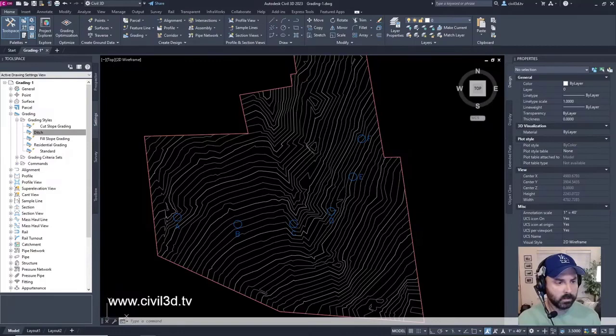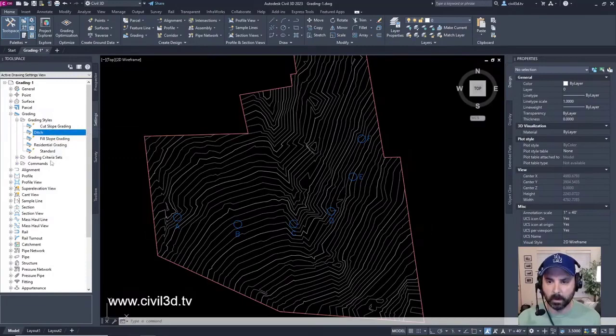Okay, in the tool space on the settings tab, the ditch grading style is added to the grading styles collection. The ditch slope pattern is added to the general multipurpose styles and slope pattern styles collection, which you can see right here.